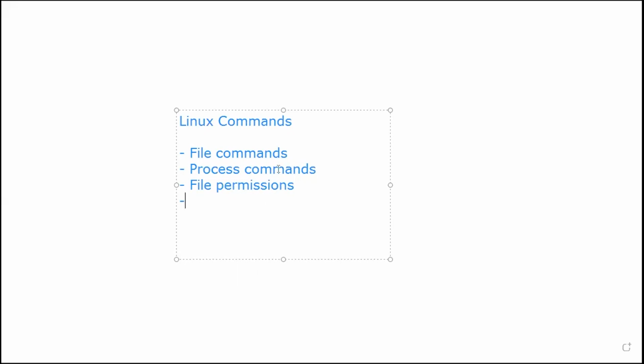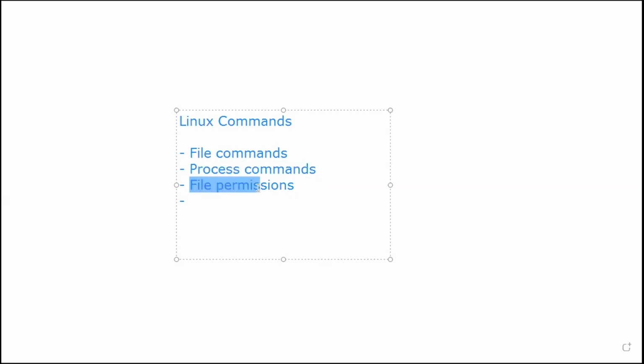Okay. So basically, today we will be going through the introduction of the Linux commands. First we'll go through all the file commands, like how to create a file, how to delete a file, how to move and rename a file. Apart from that, we will also discuss a few process commands: how to create a process, how to run a process in the foreground and background, and how to kill a process. For that, there are a few process management commands we'll go through.